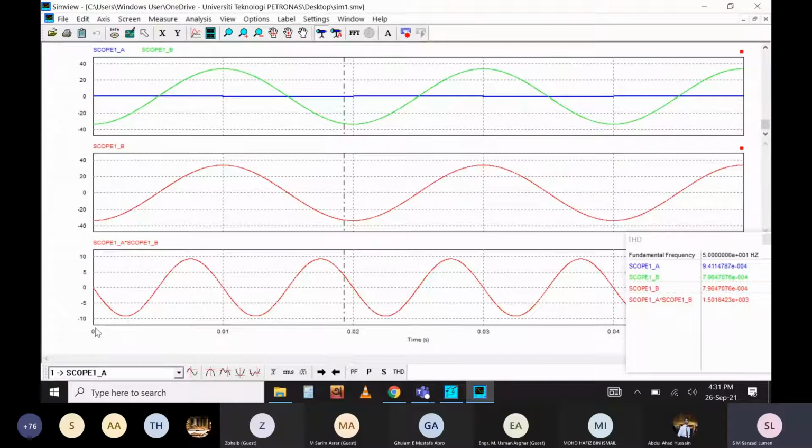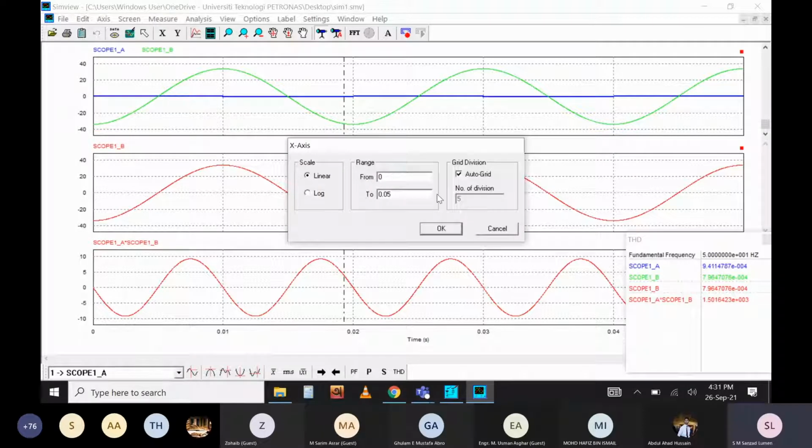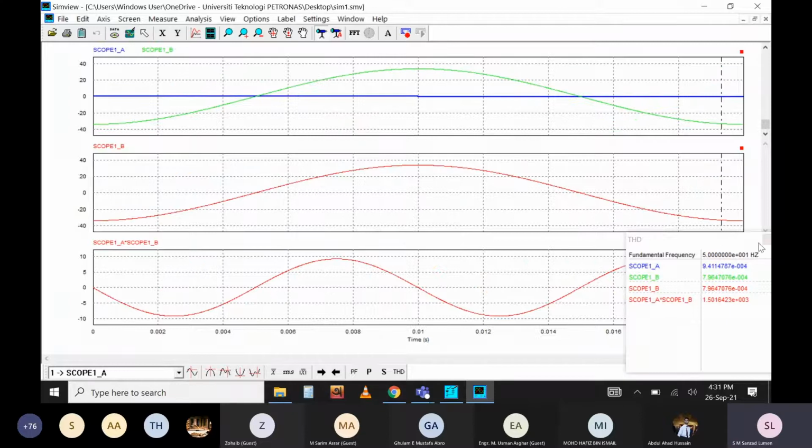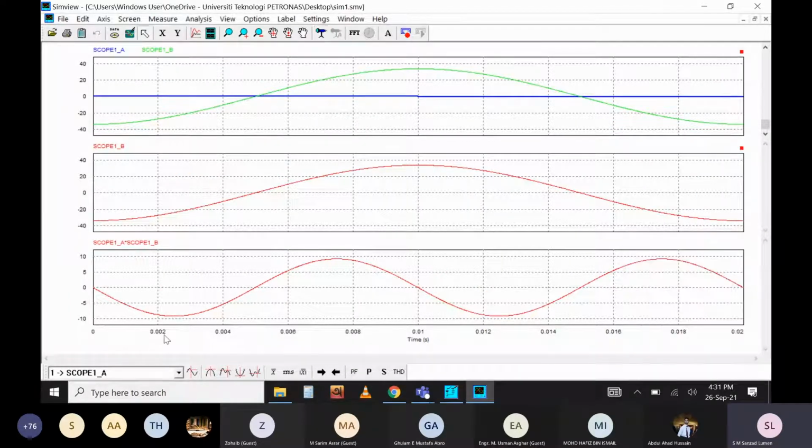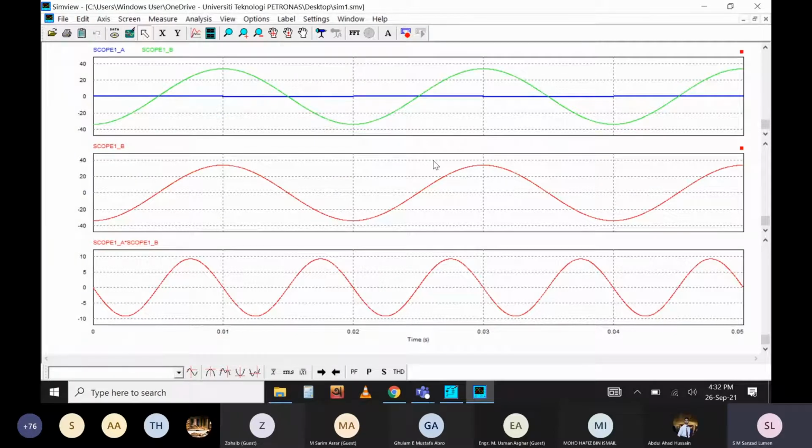Say for example, I want to see from 0 second to 0.02 second. This portion I want to see and do the manipulation later. So you can simply check the x-axis and change it to 0.02. So 0 to 0.02, you see. Now it's showing the signal up to this point only. If you want to go back to the previous view, then simply reload data and redraw. This is the redraw. Okay, so we're back to the base.